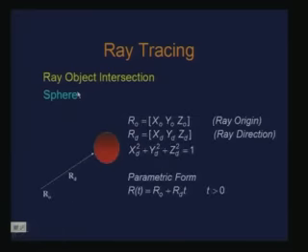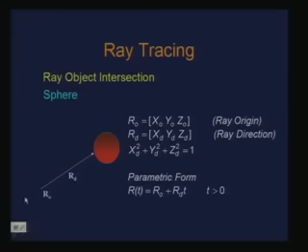Okay. So, when we look at ray object intersection with the sphere as an object, we consider a parametric form of the ray, right. The ray is defined as the origin of the ray, which is a point r 0, and the direction of the ray, which is defined as r d, and the parameter t. Right. This is a line definition. So, clearly we use t greater than 0 because we are considering that we will look at the rays which emanate from the origin of the ray, which is the viewer or the eye, towards the scene, right.